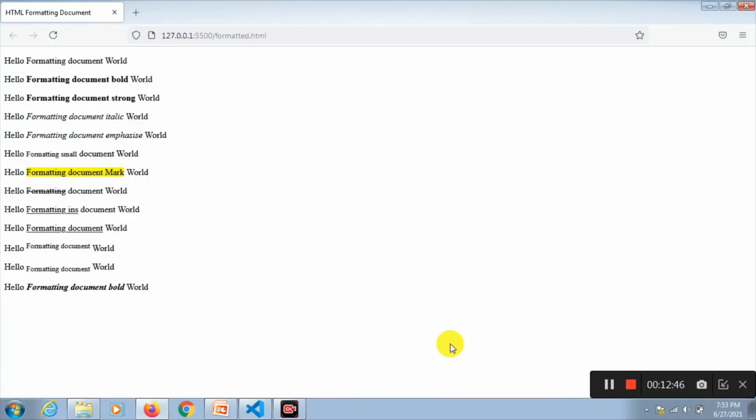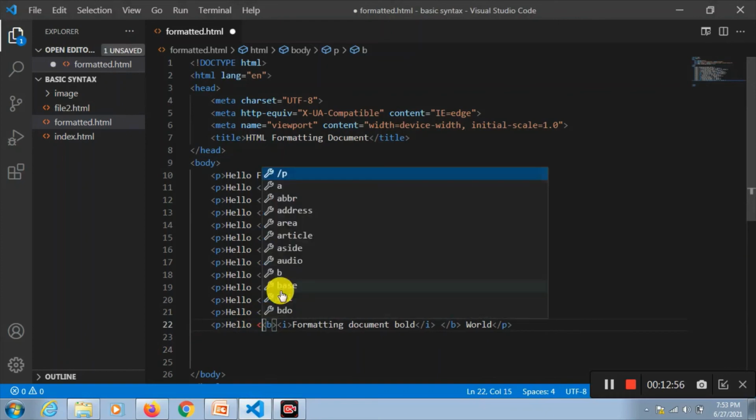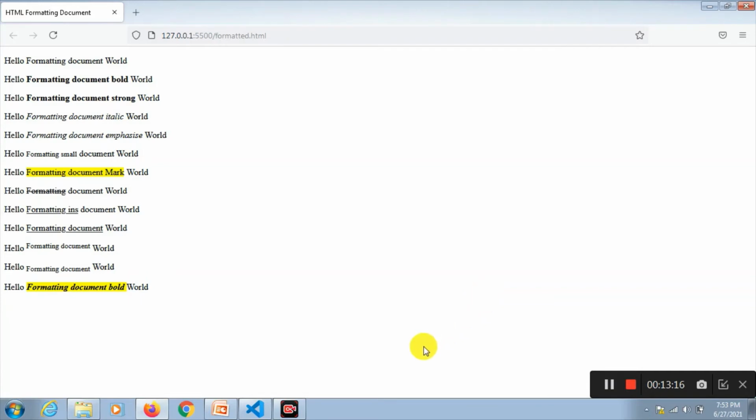Now let's see. See this one, bold and italic. At the same time, if you want to give one more, say mark. Similarly, mark has to be closed. Since mark is the beginning, mark should go in the end, that is after bold. See here, all the three effects have come. You can give all the effects there.